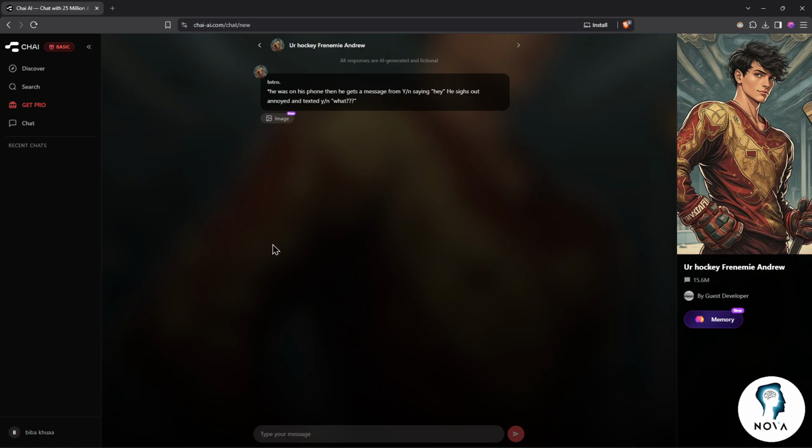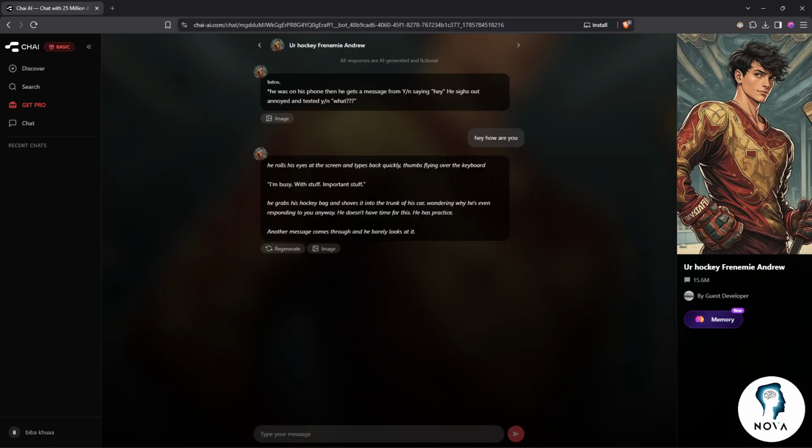So type your message into the chat box and send it like example, hey, how are you or something. Hit the enter button or use this button right here and you can continue the conversation however you want. Ask questions, role play with the character, continue previous conversations, switch to another character whenever you want, and you should be good to go. So that's how you use Chai AI